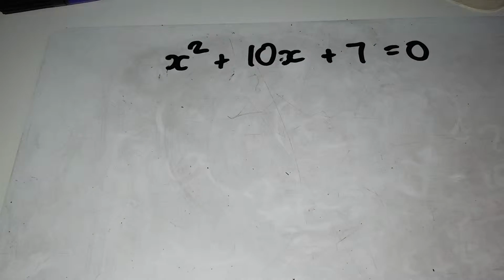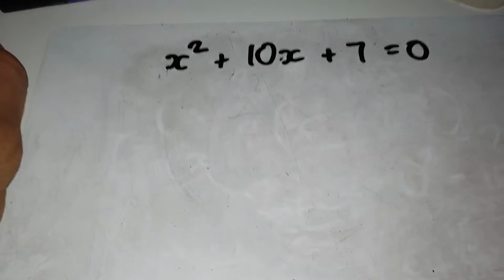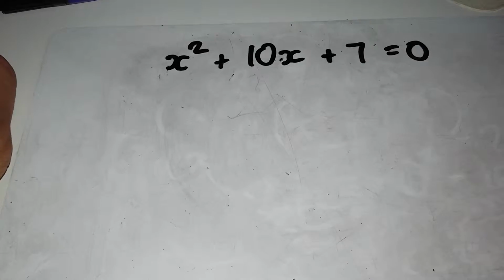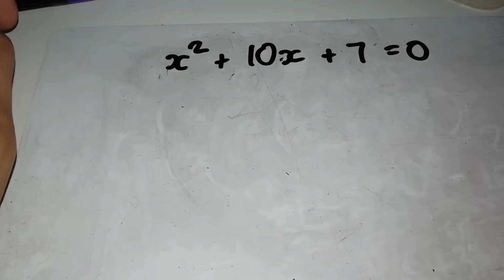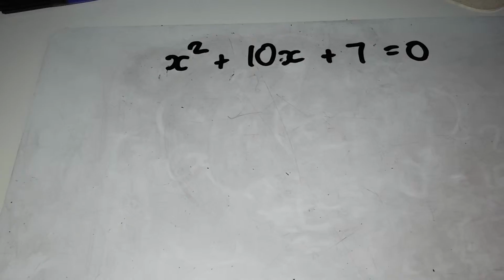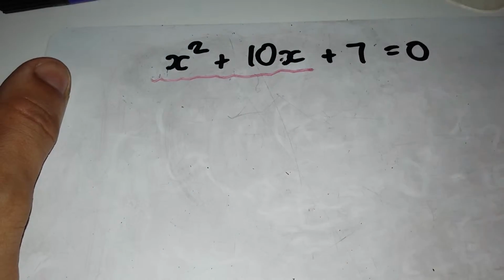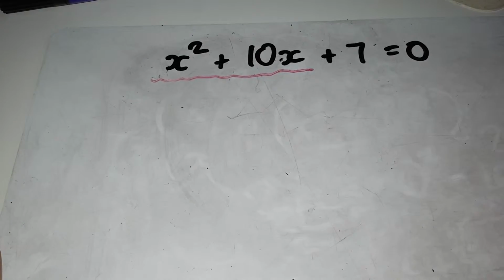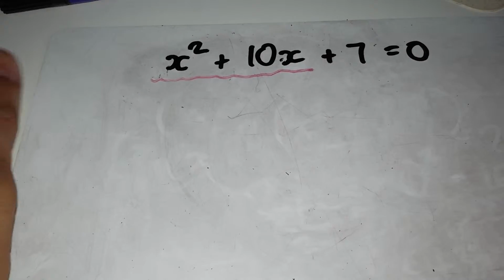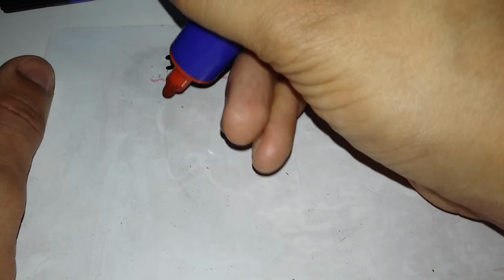Okay, so you may be asked on the exam paper to solve a quadratic equation through completing the square. One important thing is to look at the x squared and the coefficient of x, because that is the part where you're going to complete the square. Okay, so as in the previous video, which I showed you,